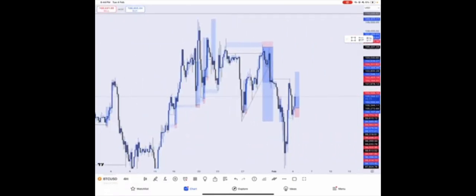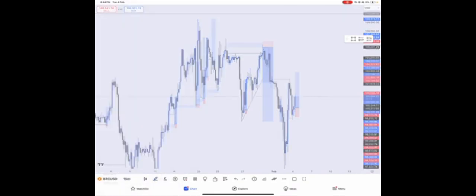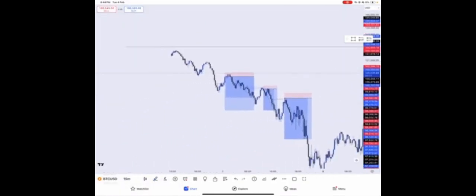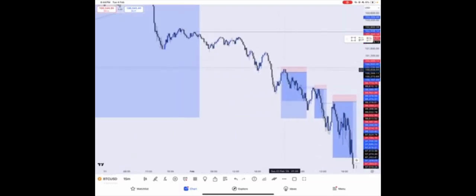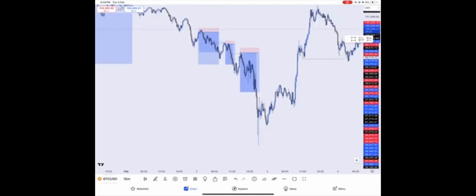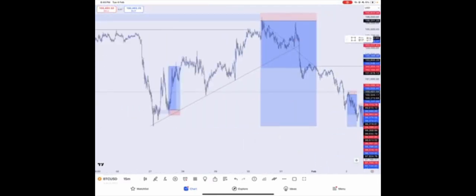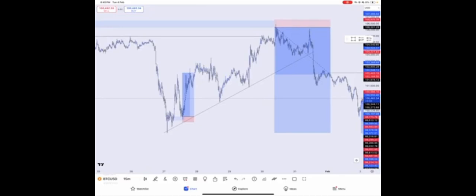I took the first sell here. After that, I continued looking for sells again. I took another sell from this breaker block here, took another sell here, took another sell here. So that was why I kept taking sells on BTC, because I understood the directional bias for the market was bearish on the 4 hours time frame, and for it to take profits, it has to clear this trend line